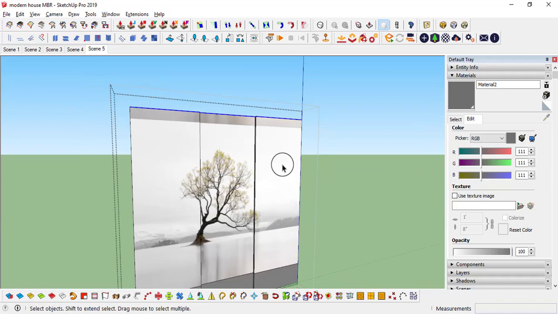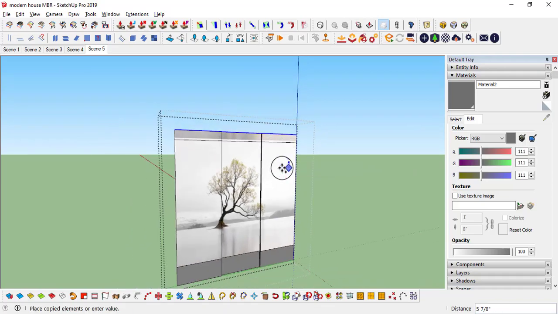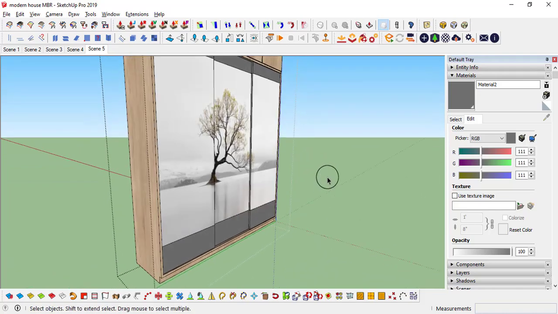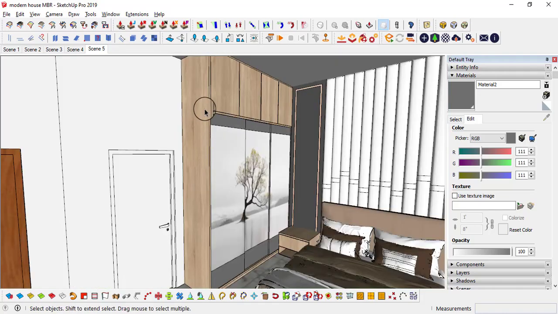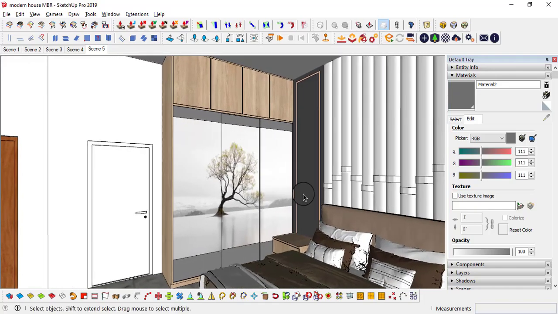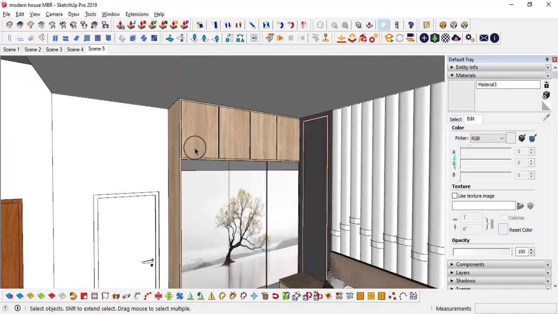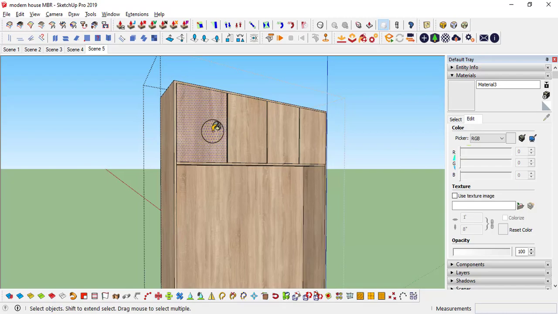On top, M, control, negative Z direction, up to here, like 6 inches. Right? This is how it's going to be looking. Either you can use this wood color or the white. So probably I will create a white color, with a very little bit of grayishness. Okay, and I will select on these faces.